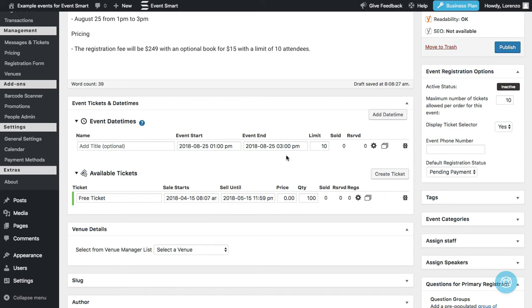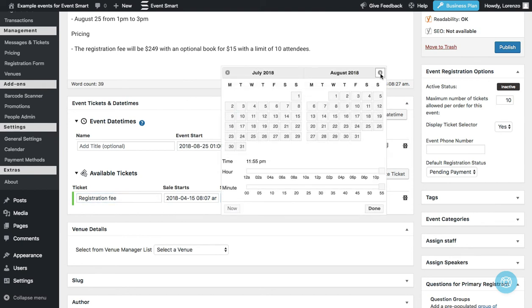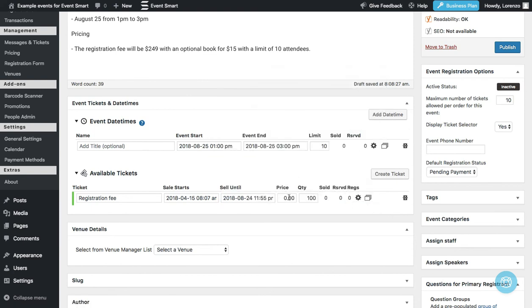Let's now set up the pricing option. Okay, so this will actually be the registration fee, and let's sell this up until the day before so that we have time to get ready for the seminar. And the registration fee will be $249, and we can go ahead and pull this quantity limit because we have a limit here. So we've just taken care of the registration fee as well as the seminar date,